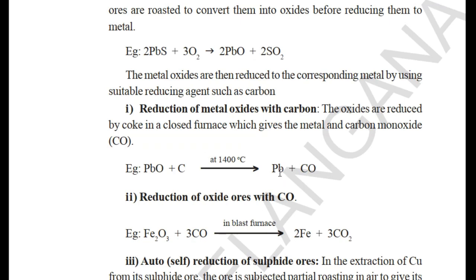And if you want to extract the iron, then this carbon monoxide, this is again reduction of oxide